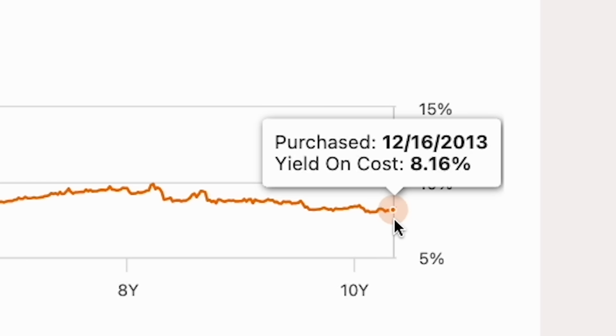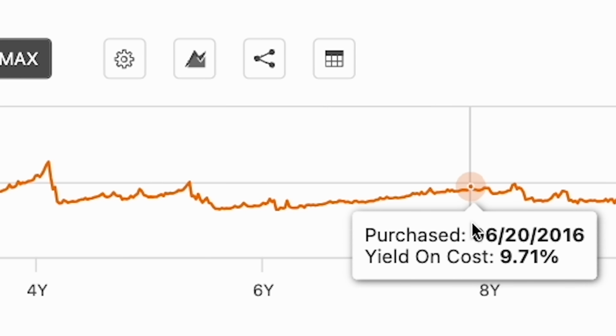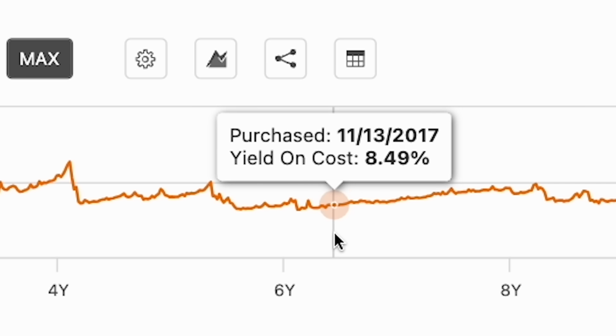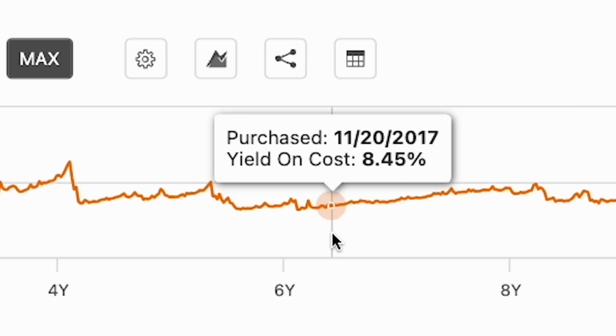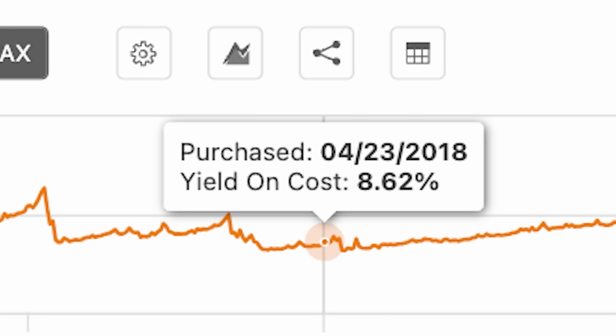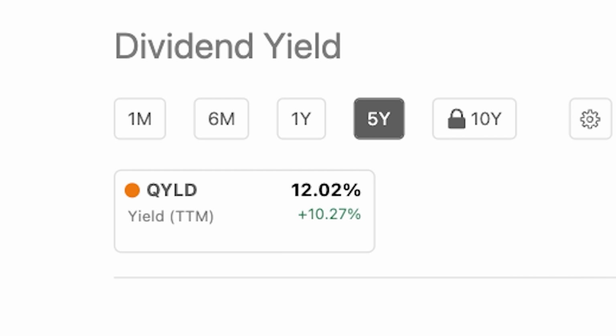This number here represents the dividend yield an investor would receive had they purchased this fund on this date, and this would be the inception of the fund. And as you go to the left of the chart, you see the percentage fluctuating. This is basically showing you what your current dividend yield is relative to when you first purchased the fund. For example, had you purchased this fund 6 years ago, the dividend yield that you would be receiving right now is around 8.6%, even though the current yield of the fund is 12%, and that is because the fund has